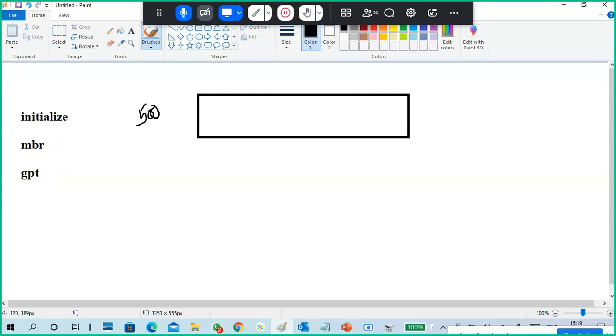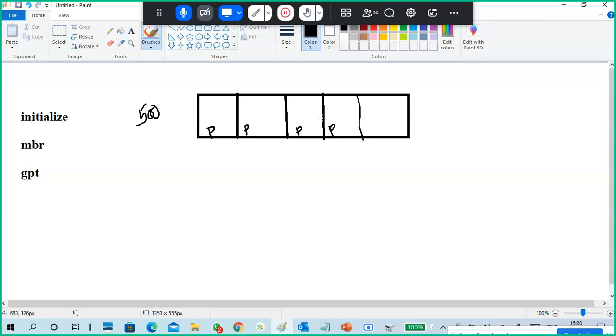We'll see that. If you initialize as MBR, you can create a number of partitions on the disk. The maximum is four primary partitions. Four primary partitions you are able to create like this.